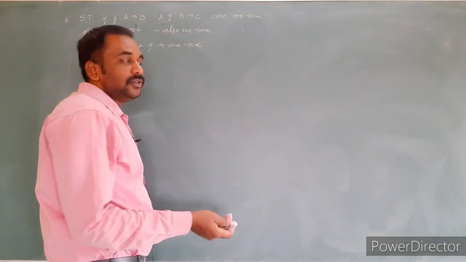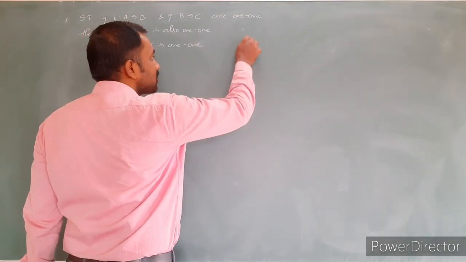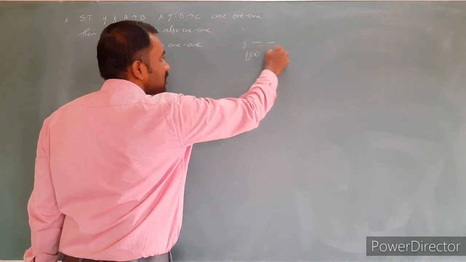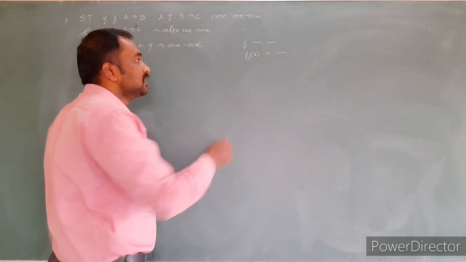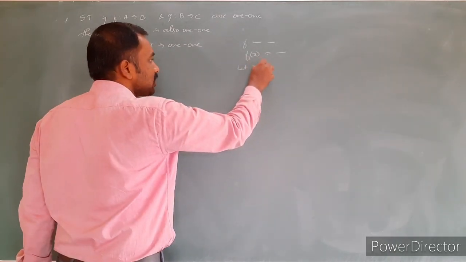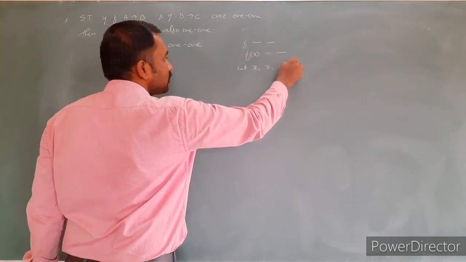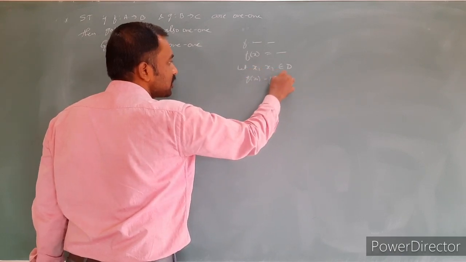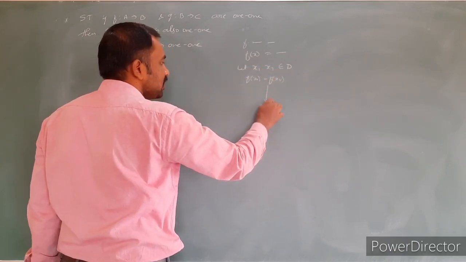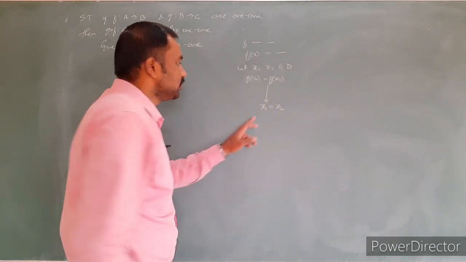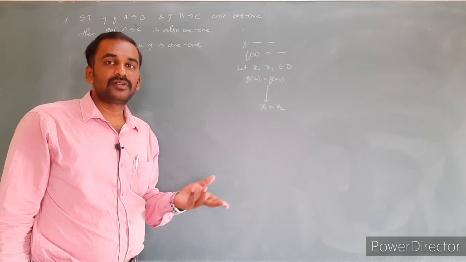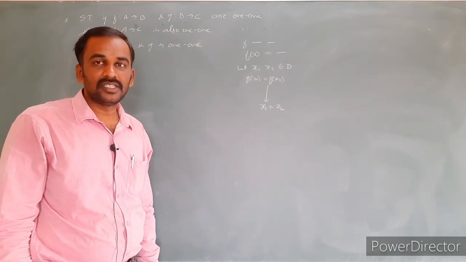How do we check whether a given function is 1-1? Suppose f is any function defined by f of x equal to some value. Then by the usual process we know how to check 1-1. Let x1, x2 belong to the domain set. Consider f of x1 equal to f of x2. Simplifying, if you get x1 equal to x2, then conclude that it is a 1-1 function. If x1 is not equal to x2, then conclude that it is not 1-1.